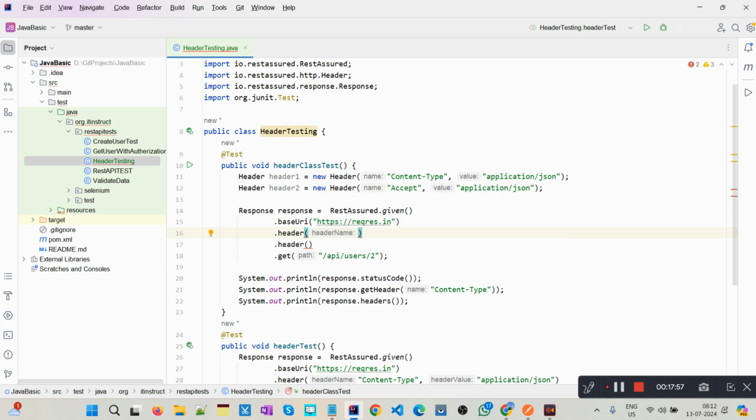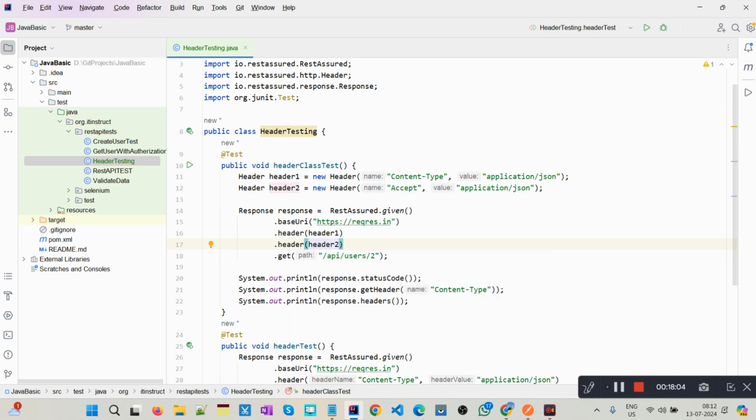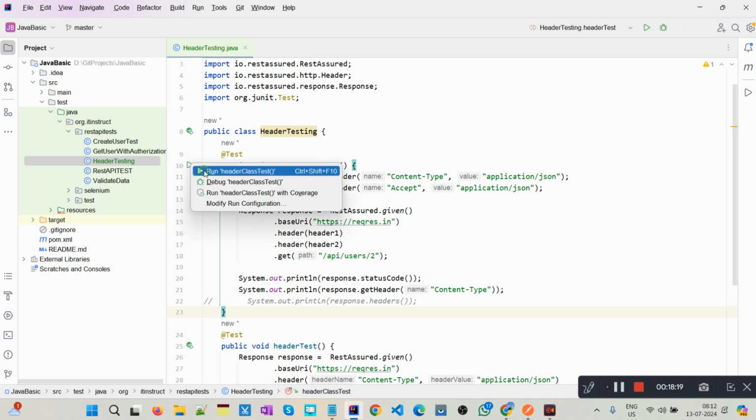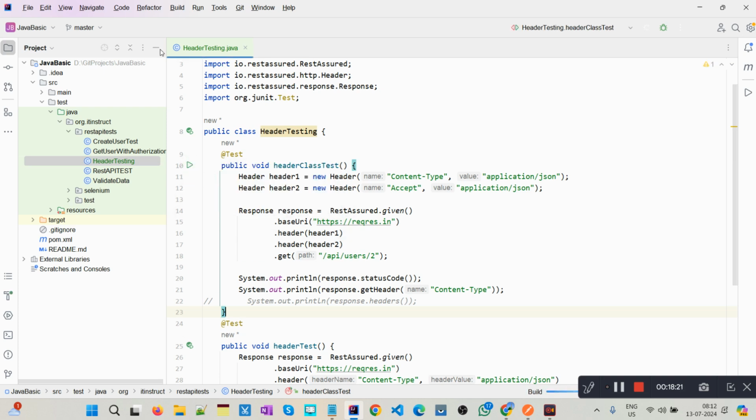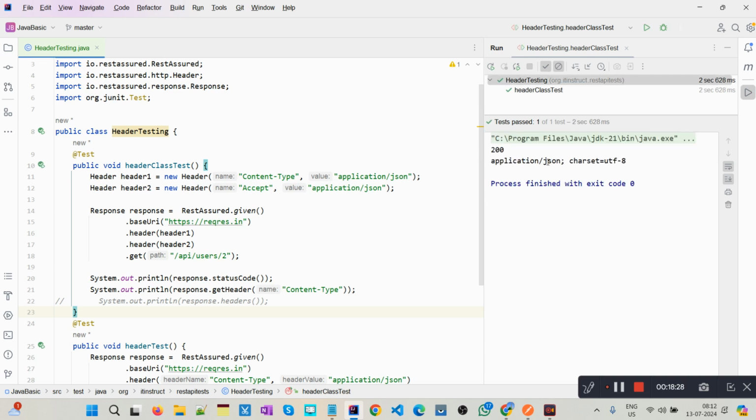Now we have to use header1 and header2 in our request. So how to do it? Instead of passing the key and value pairs inside the header, we can pass the object reference of the Header class that we created. So we can pass header1 and header2. That's it. It will work in a similar way. It is similar to the example we have already seen below. I'll comment this out for now, just for a clear output in the console. So if I run it,